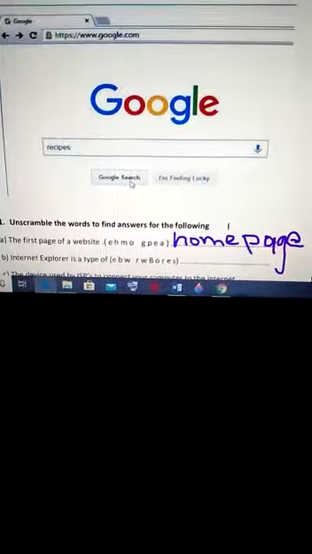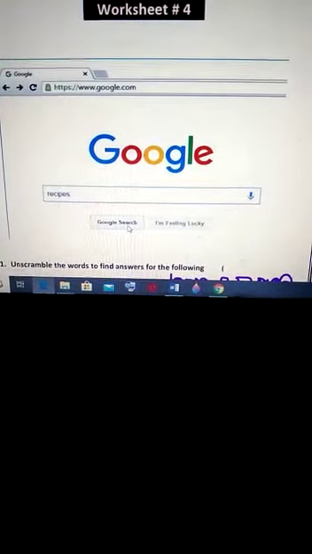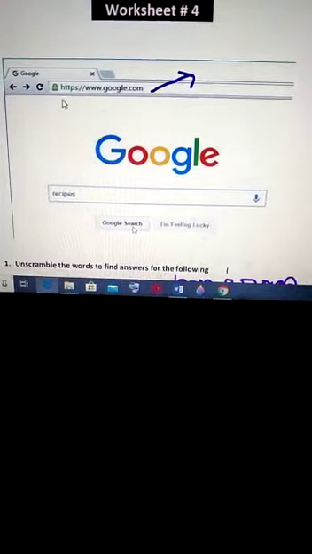Today I'm going to solve worksheet number 4. Here you can see a web home page. Okay, this is a Google page. Here you can see this is the address bar. This is called the address bar, or this one is